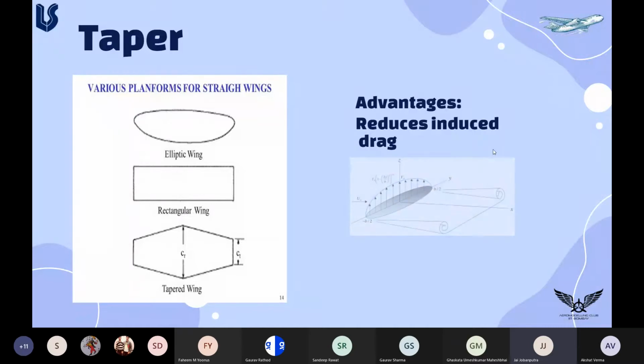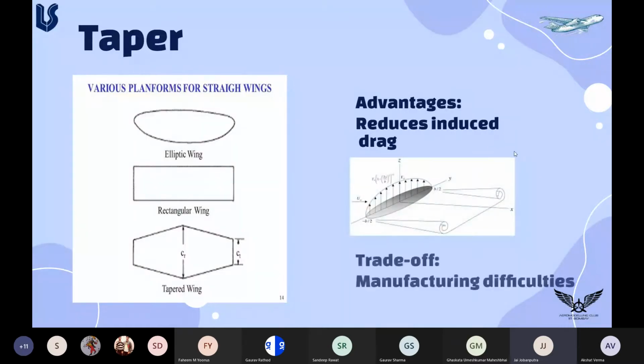Akshat, next image, yeah. So this is actually an elliptical wing, not exactly a taper. I mean, you can say taper, but I wanted to give you a better example so that you appreciate it. The thing is, for an elliptical wing, the pressure distribution is given in that chart. There is minimal pressure at the tip, and because of that the distribution is almost continuous, and there are no jumps in the pressure. So what happened in the rectangular wing won't happen here.